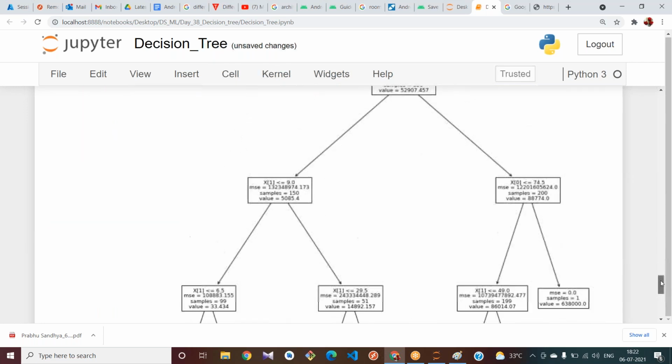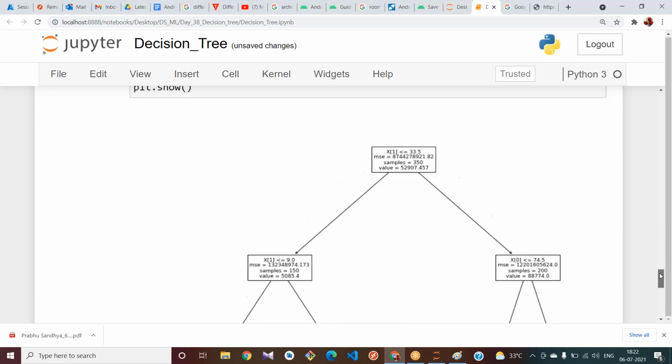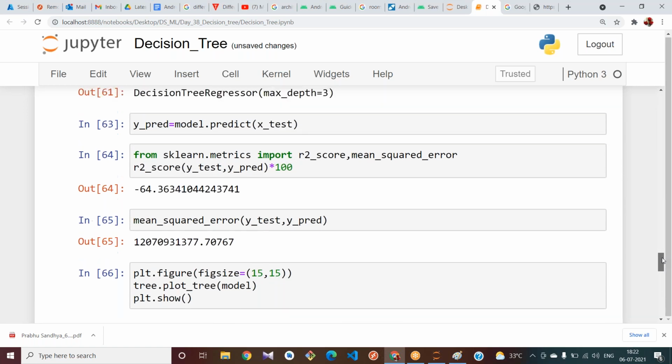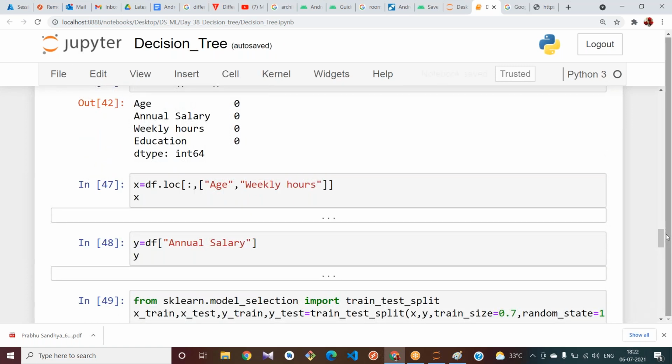For 3 levels, see the mean square error for x of 1 feature. For x of 1 means what? It is not performing well with the decision tree. I think it works with the other regressions only, like polynomial regression.